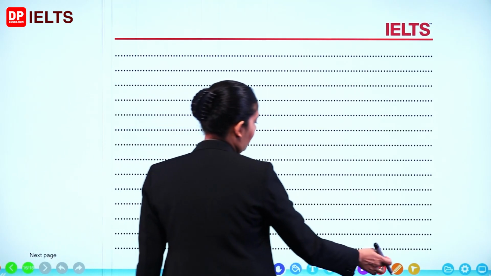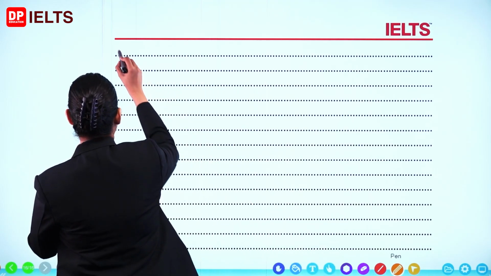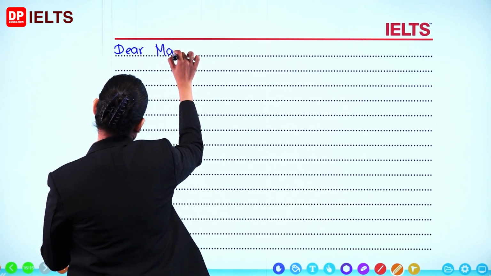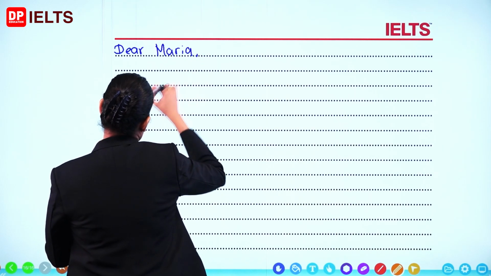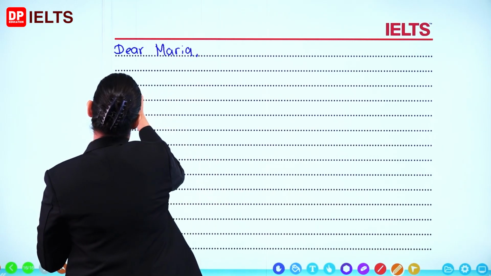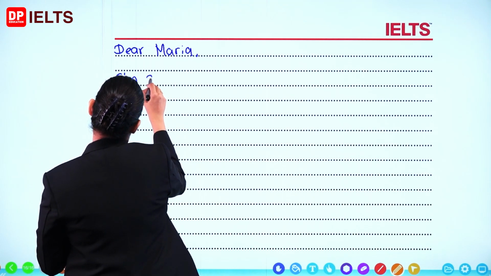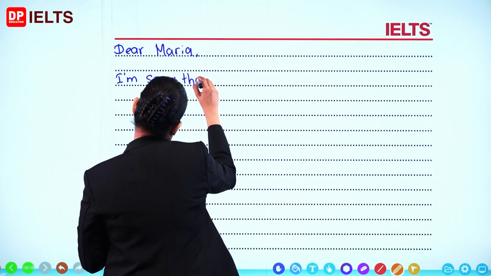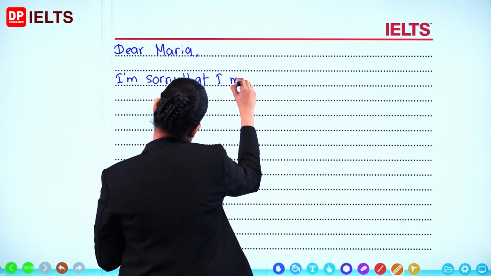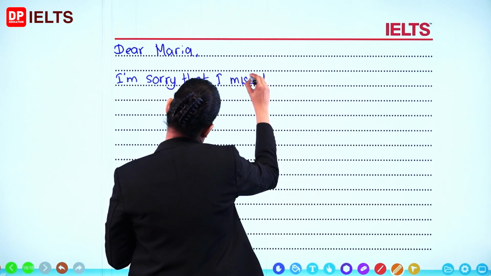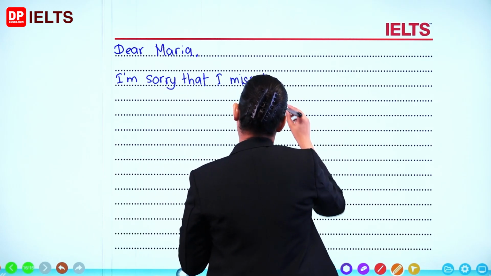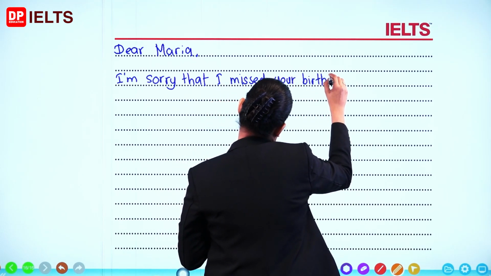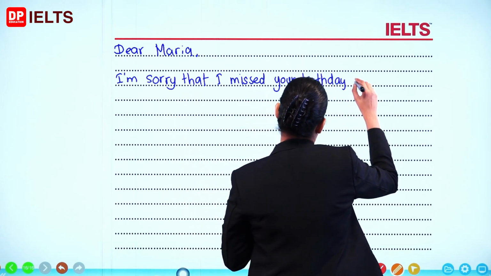Okay. Now we know who it is, so it's your friend. So you can say, Dear Maria or Dear Anne. You can think of a friend's name and write it. Then let's write the first para. I'm sorry that I missed your birthday party